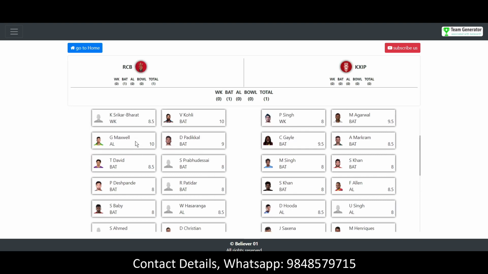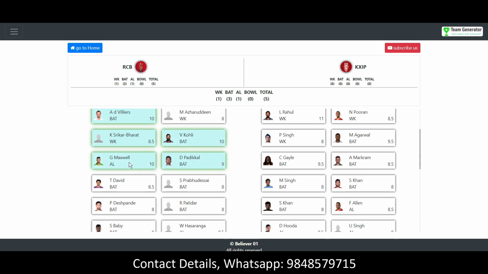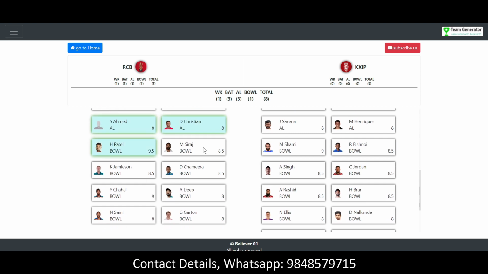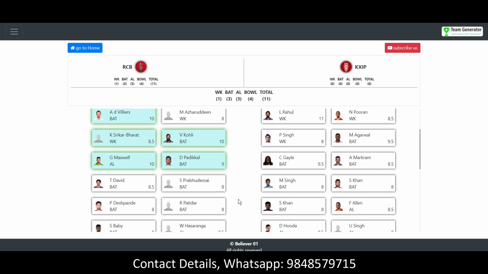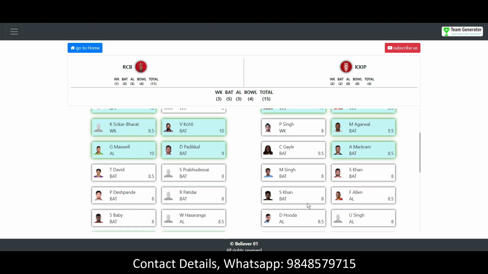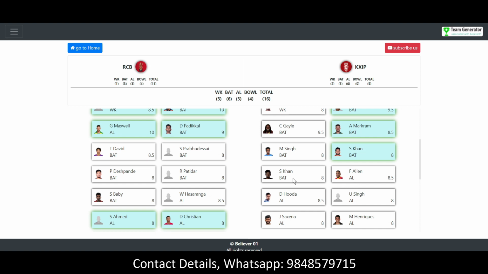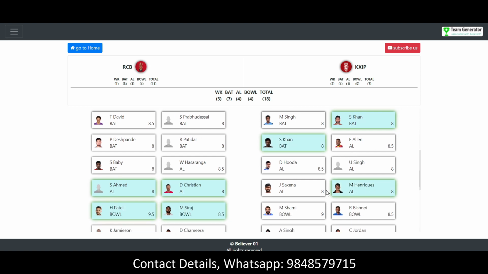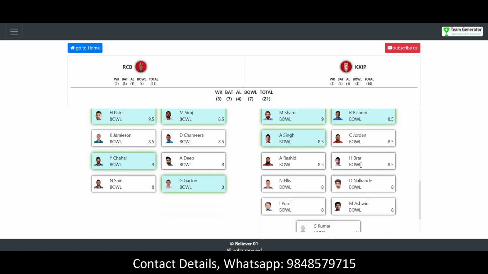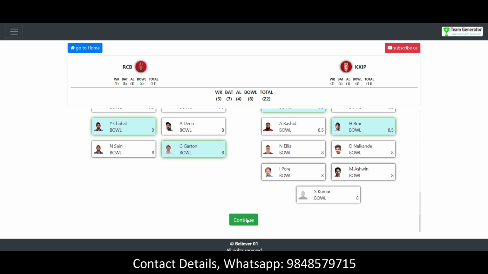AB de Villiers, Srikar Bharat, Virat Kohli, Devdutt Padikkal, Glenn Maxwell, Shahbaz Ahmed, Daniel Christian, Harshal Patel, Mohammed Siraj, Yuzvendra Chahal, and G. Garton from the RCB side, and from the Punjab Kings side, KL Rahul, Nicholas Pooran, Mayank Agarwal, Aiden Markram, Sarfaraz Khan, Shahrukh Khan, Moises Henriques, Bishnoi, Mohammed Shami, Arshdeep Singh, and H. Brar. So these are the 22 players from both the teams. I have selected all the 22 players for creating 25,000 teams. So let's click on continue.